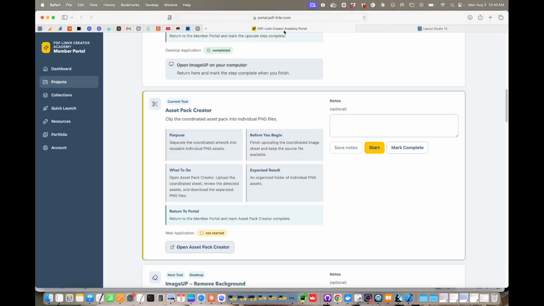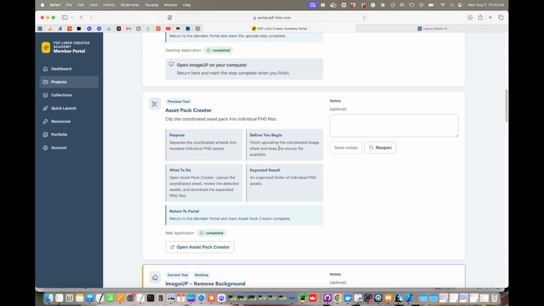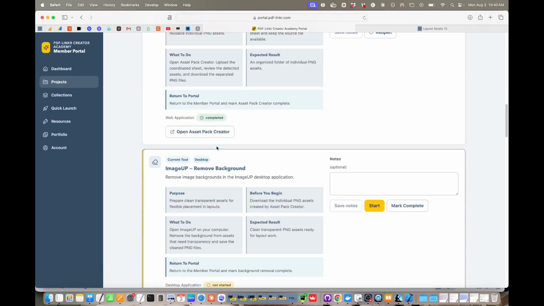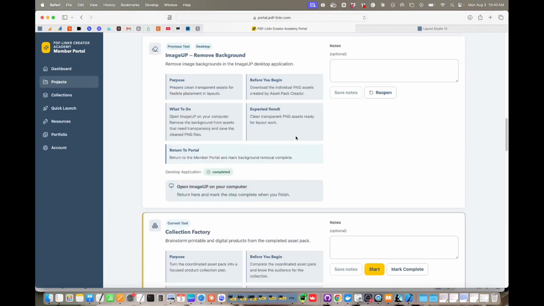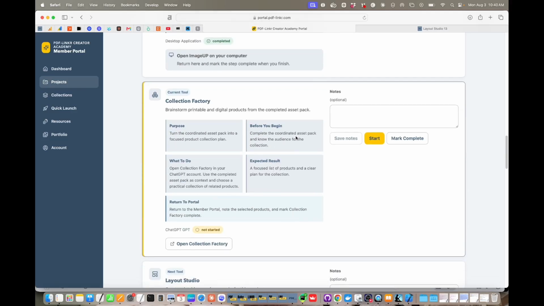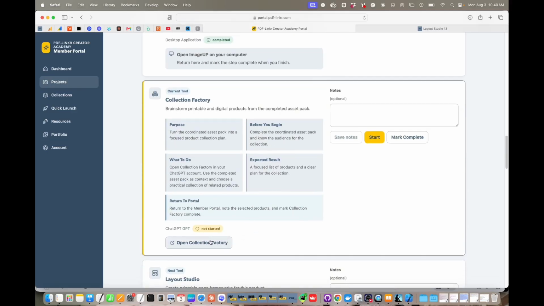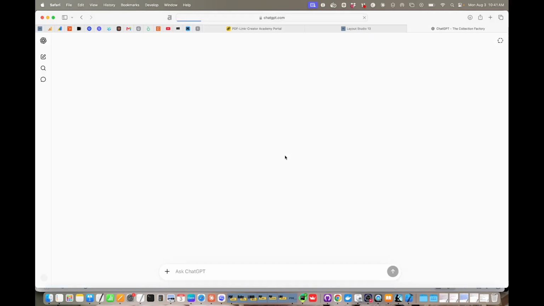So that is finished. So now I'm going to come back and mark my asset pack creator as complete. Now we don't need to remove the background because we've already done that. They were transparent anyway. So now you can go to Collection Factory